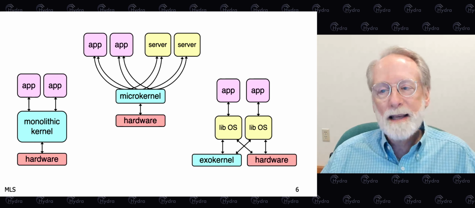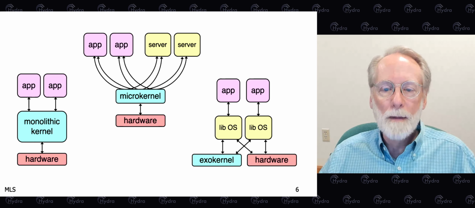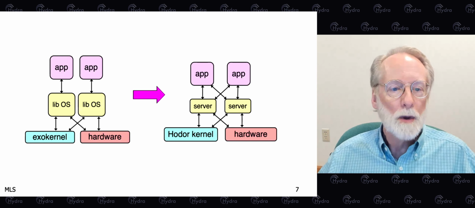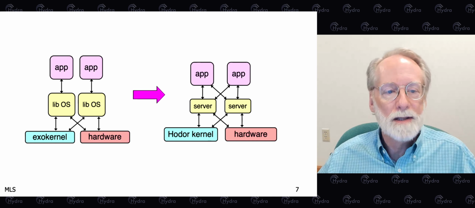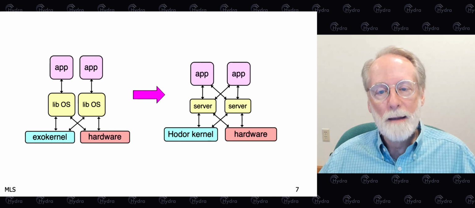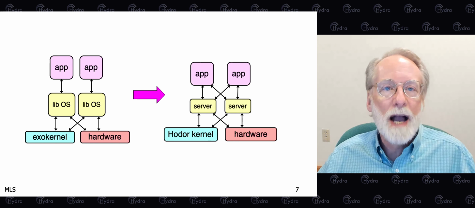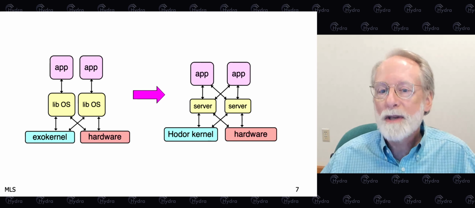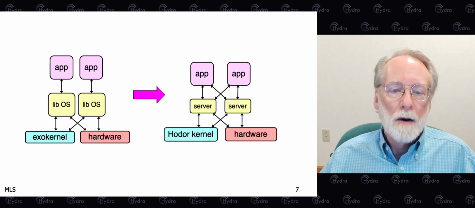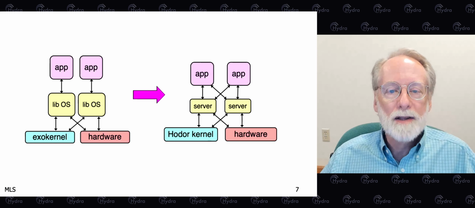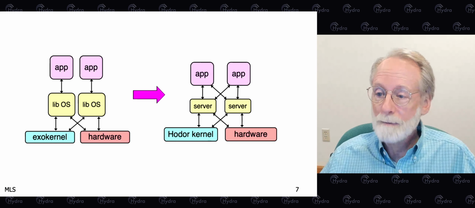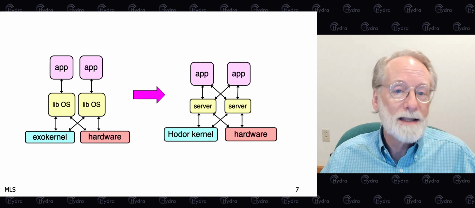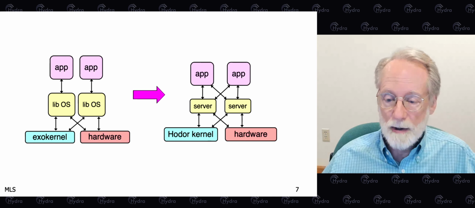So let's see what we can do to fix that problem of global policy enforcement with library operating systems. We'd really like to go from the library operating system approach on the left to a more sophisticated approach on the right, where each application is able to interact directly with procedure calls into multiple servers, which in turn implement global policy because they're talking to multiple applications. The challenge for this talk is going to be basically how to realize that picture.